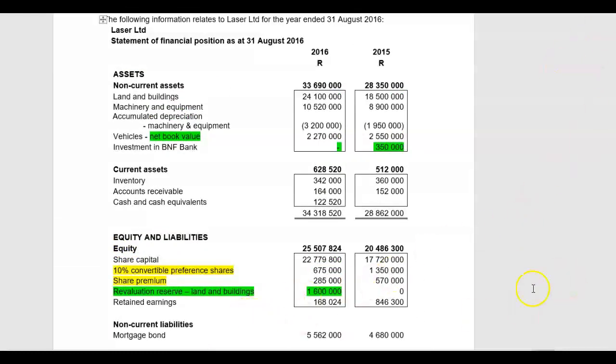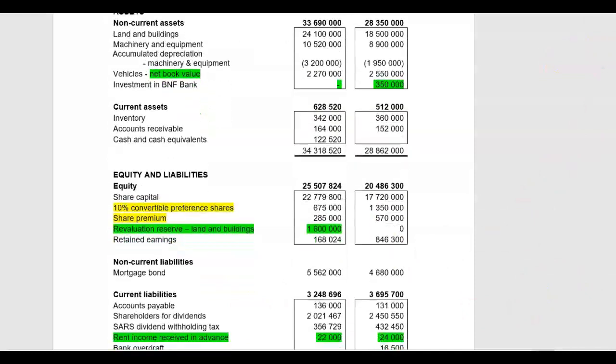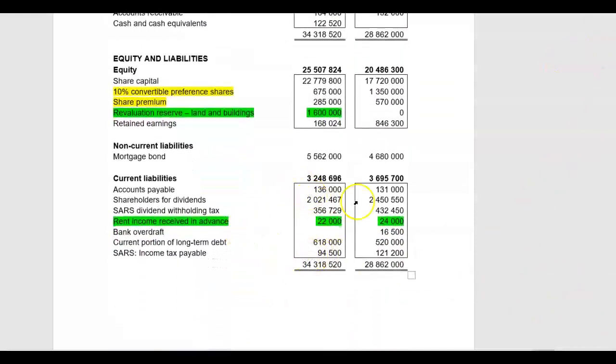Here we have shareholders for dividends, so it's all about those two figures that we have there. Opening balance, shareholders for dividends, and SARS withholding tax. Opening balance, the 2,450 plus the